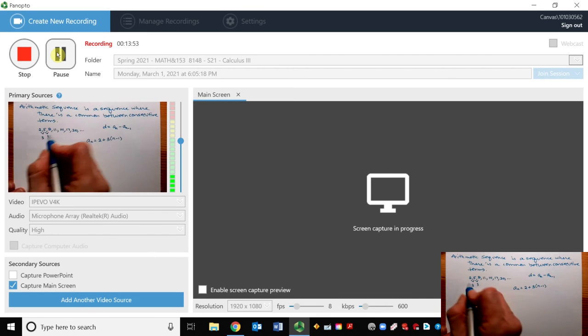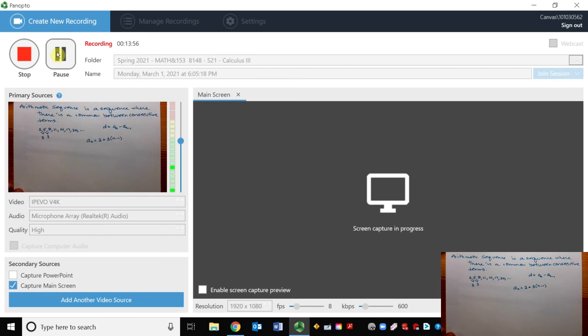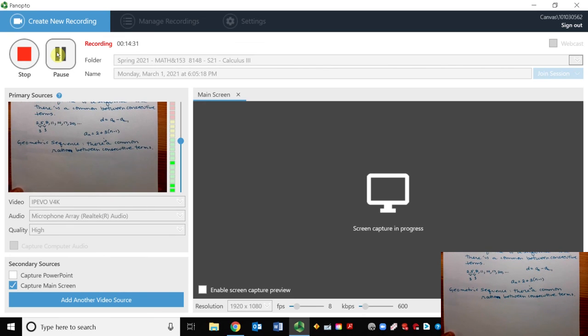So this is an arithmetic sequence when you have to add the same amount to get to the next term. The other special one is called a geometric sequence. And for a geometric sequence, there is a common ratio. Not rate, ratio, between consecutive terms. So an example of this might be